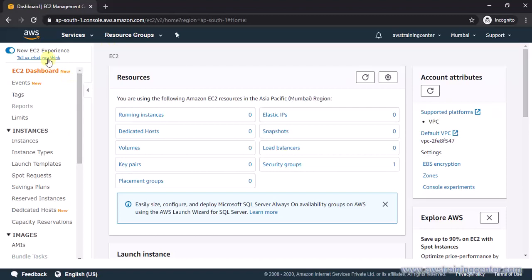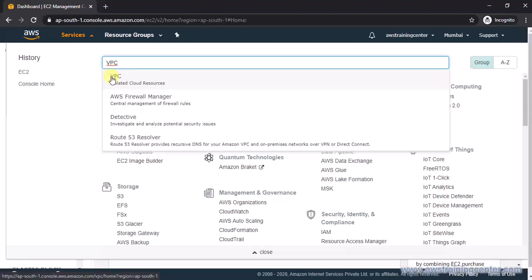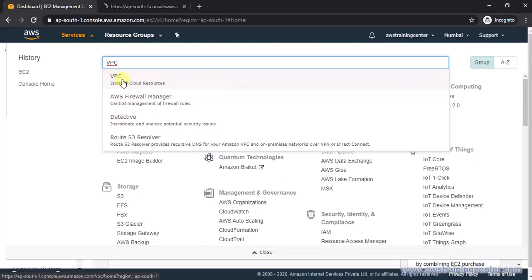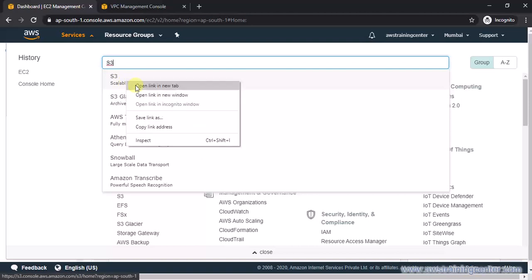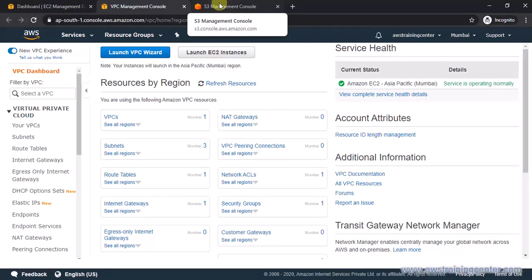Right now I'm in EC2, and for example I want to create a VPC. Now one way is you come here, type VPC and go there, but then every time it completely changes your EC2 dashboard to the VPC dashboard. So again, if you want to work on EC2, you have to come back. So rather, open a new tab, so it opens a VPC. Similarly, if you want to work in S3, you can do that. So it's a better way to navigate in your browser. Now I can simply change my tabs and work in different AWS services.